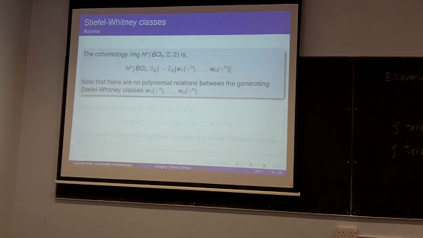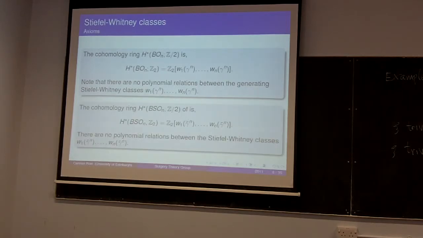And in a very similar way, we can define the cohomology ring for the oriented infinite Grassmann manifold. The only thing that I would like to point out about the notation is that I have written here the universal bundle without a tilde, and here it has a tilde because we are considering the orientation down here. But again, there are no polynomial relations between the Stiefel-Whitney